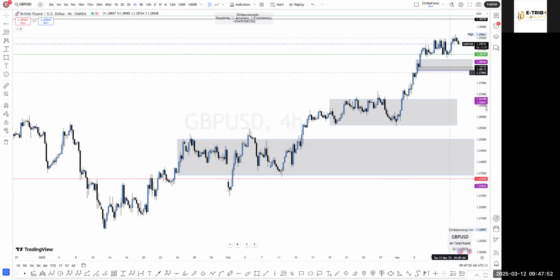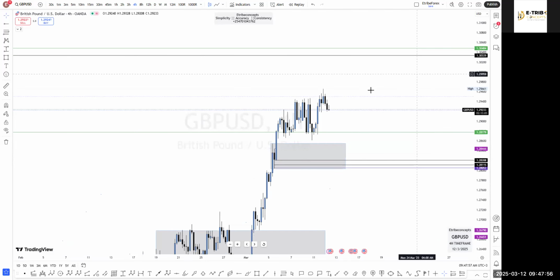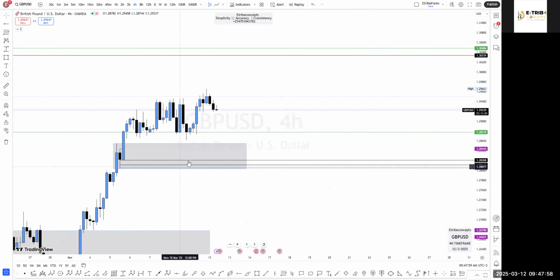So this recent structure, for 4 hours, I'll look for buys from that refinement. If I look at what we have right now, this is our recent area of liquidity on 4 hours. Do we have any candlestick closure? Yes, we have a candlestick closure above. Then, okay, I don't have any shift confirmation to the downside. So what I'll do here,